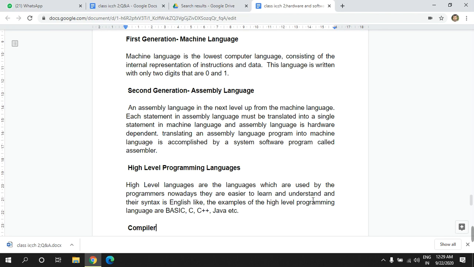So the examples of the high level languages are BASIC, C, C++, Java, Visual C++, and Fortran, and there are so many. So if you are interested, you can master a high level language, and you can develop the programs, the softwares, the apps using these high level languages.